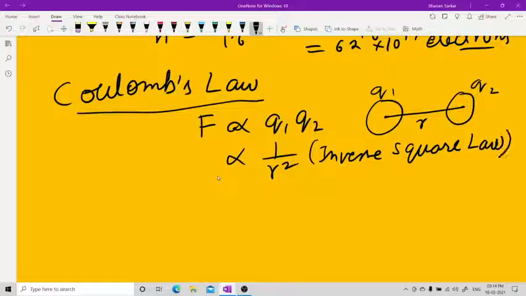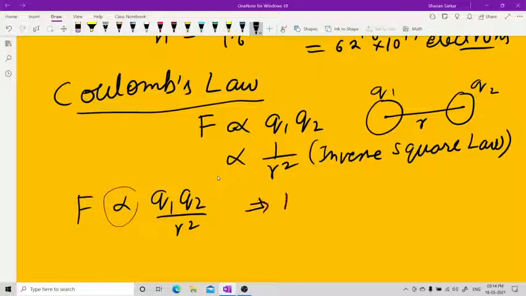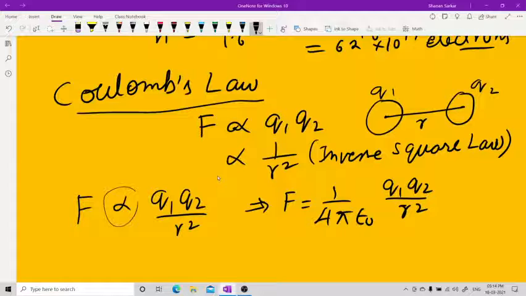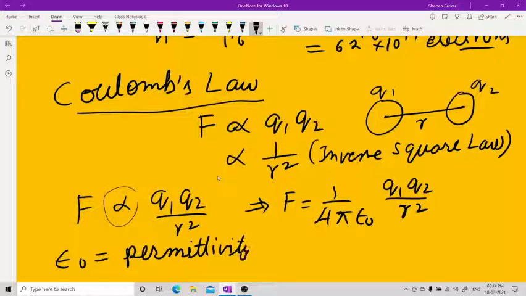Now combining both, you get q1 q2 upon r square. In order to remove this proportionality, you have f equal to, let's say, 1 upon 4 pi epsilon naught q1 q2 upon r square. This epsilon naught is nothing but the permittivity of free space, which is nothing but equal to